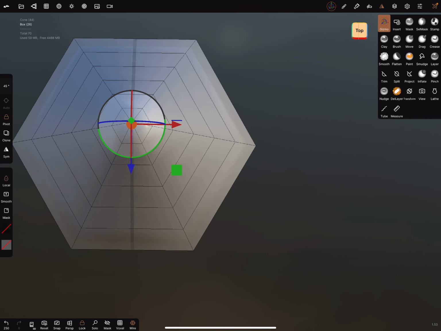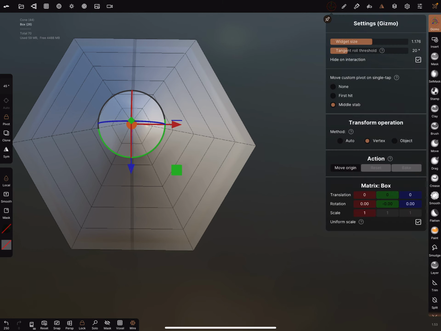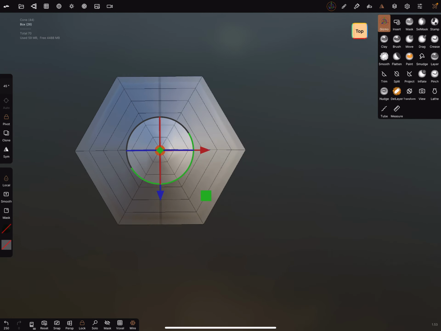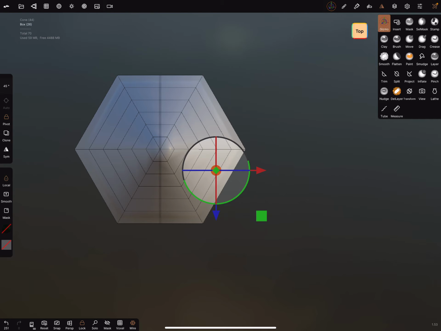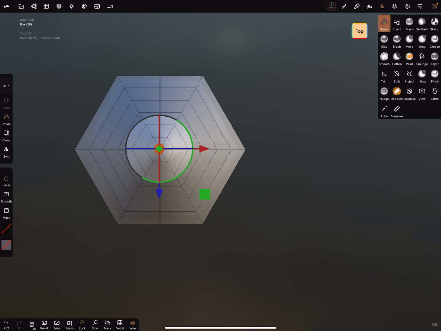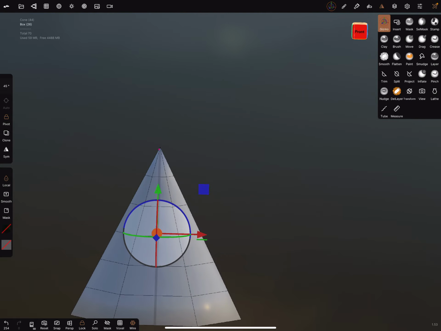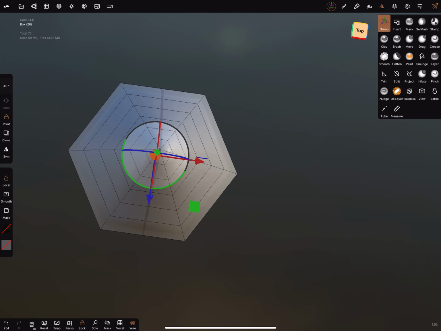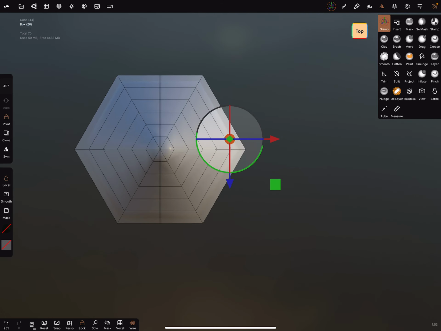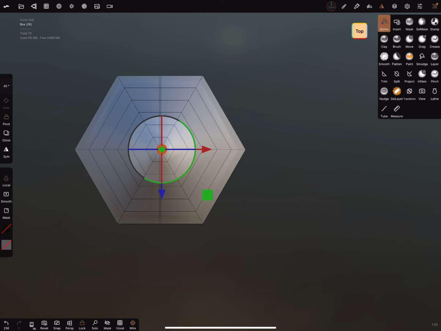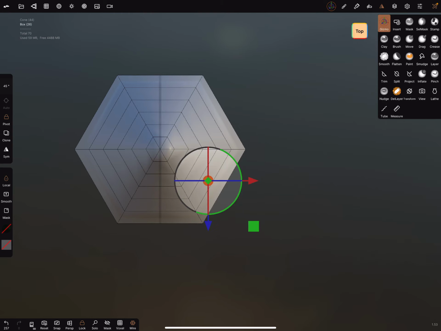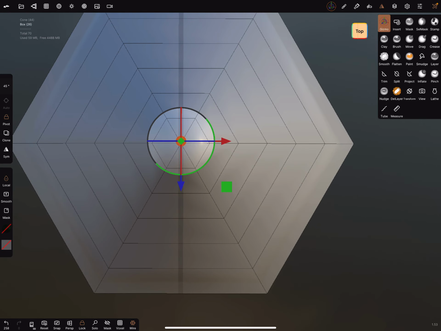Snapping would be wonderful. We take a mid tap and we press it here. It's very tricky. I don't know.